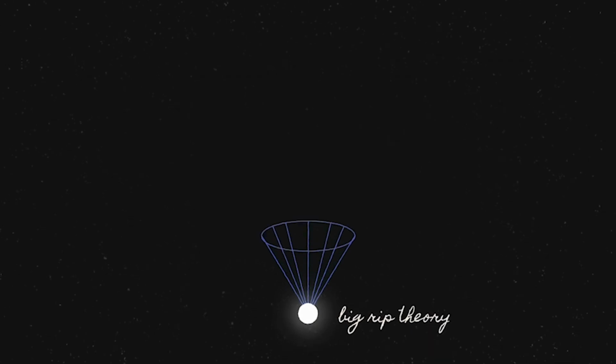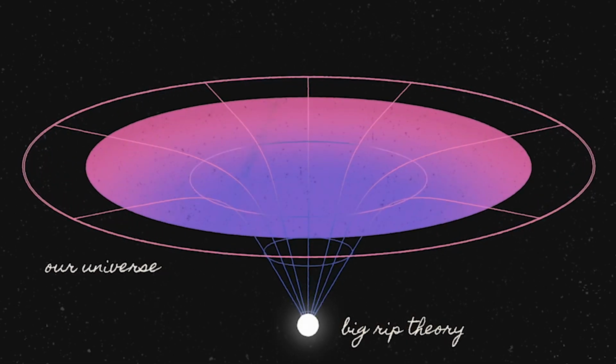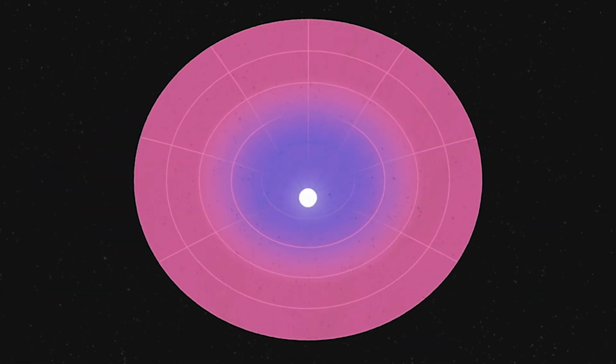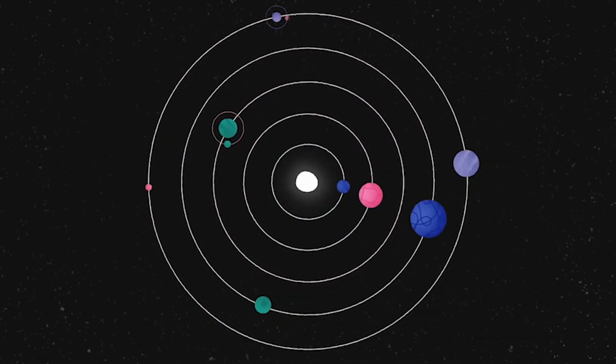Last one is the Big Rip, where the rate of expansion actually increases and it causes planets to rip apart and all structures will be destroyed, but only singular particles remain. So even atoms will break down to just their subatomic particles. Maybe even those will break down just to their quarks. You never know.